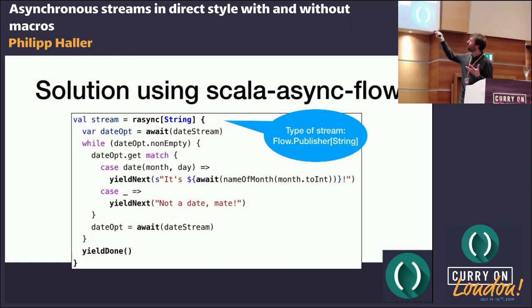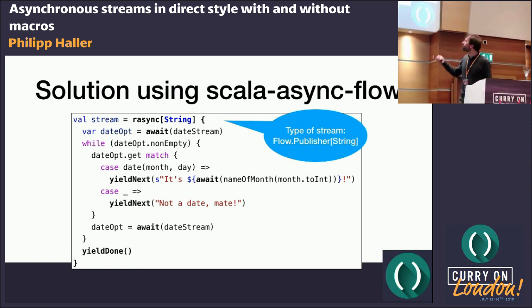So we can say await date stream, and that returns an option which is empty in case the stream has terminated, or it's a non-empty option which has the next regular event on that stream. And by the way, if the stream has terminated with an exception, then await would throw that exception, and we can catch it just like with try catch, right?